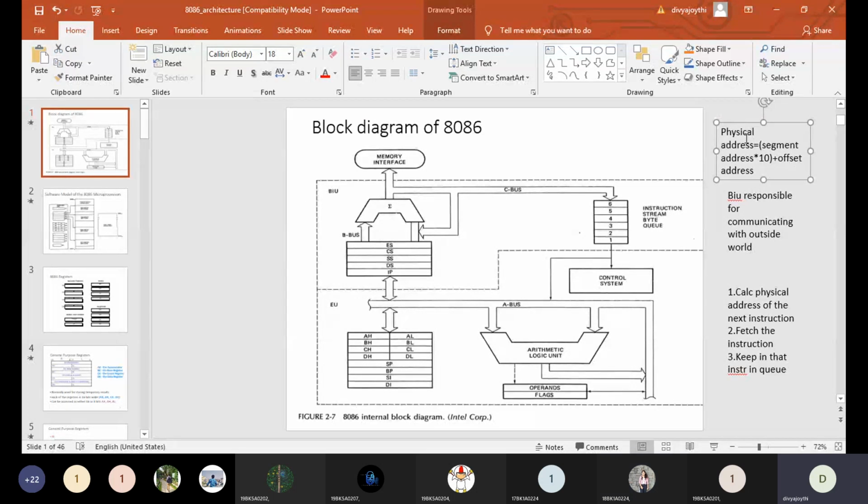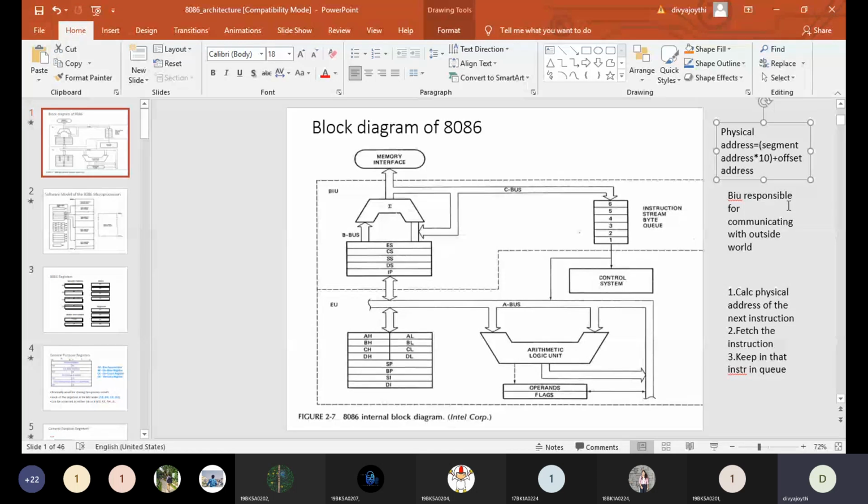So in order to calculate the physical address, you should know two different addresses. One is the segment address and the next one is the offset address. What exactly is the segment address? Consider the same example. Our library is considered as 1 MB of memory of 8086. This 1 MB of memory, that means the library, has been divided into 4 rows in the library, 4 segments in the 8086 microprocessor.